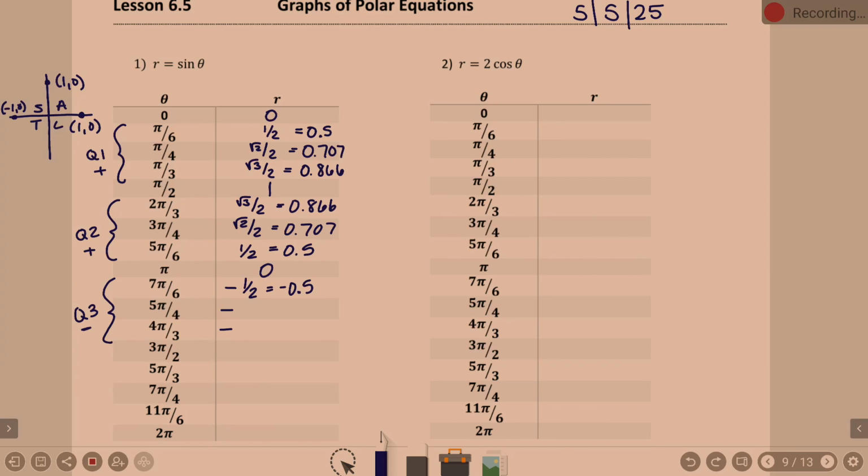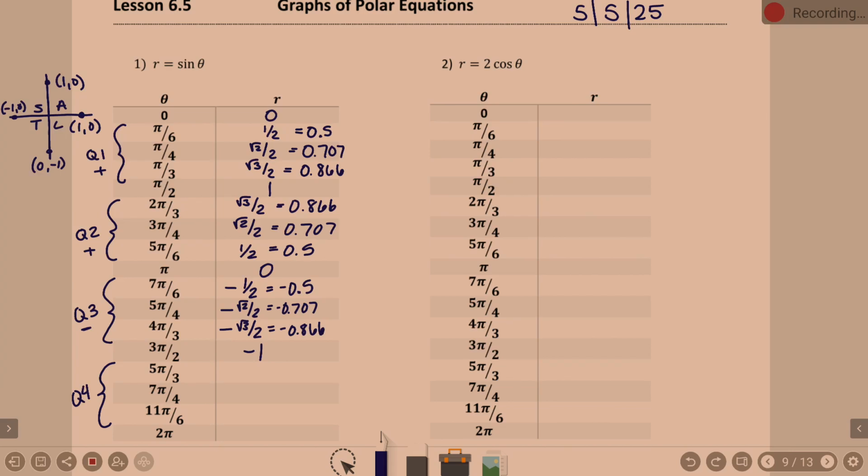The sine of 5 pi over 4, negative square root of 2 over 2. And the sine of 4 pi over 3, negative square root of 3 over 2. What about the sine of 3 pi over 2? Negative 1. And these next 3 are